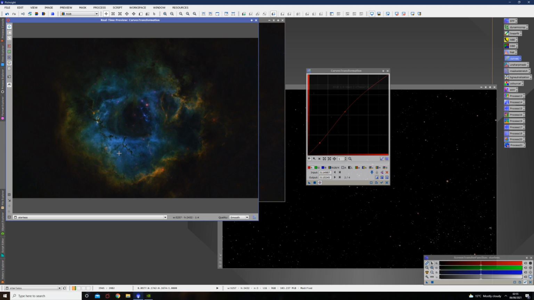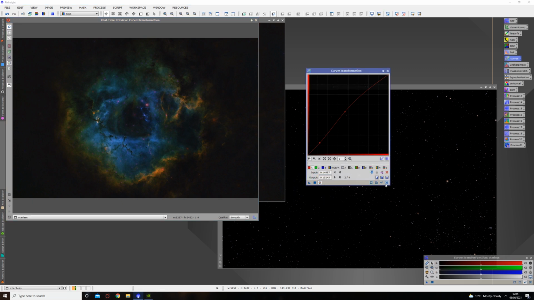Yeah, just these regions now have been nicely boosted. I like that. I'm going to go ahead and apply. And I think largely at that, the next thing I want to do is another boost to the whole set of channels at once. So I'm going to drag up the midpoint,